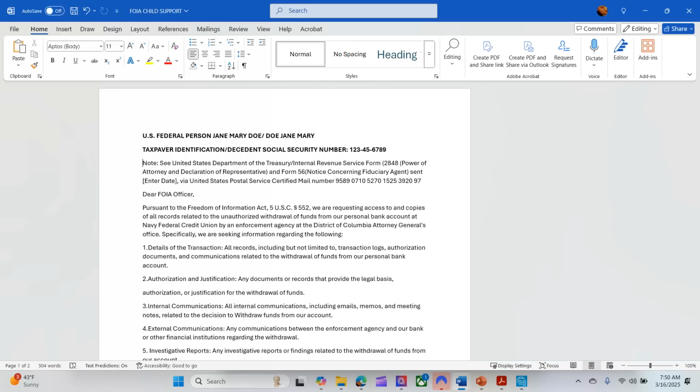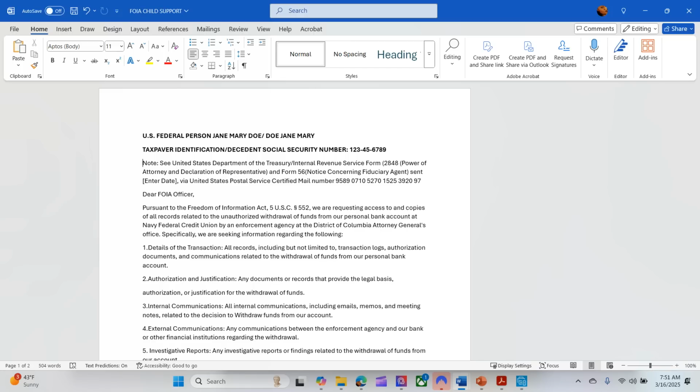There is a note. It says, see United States Department of Treasury, Internal Revenue Service, Form 2848, Power of Attorney and Declaration of Representative, and Form 56, Notice Concerning Fiduciary Relationship, sent on the date that you sent it, and United States Postal Certified Mail Number. That's just an example. And so it says, Dear FOIA Officer, pursuant to the Freedom of Information Act, 5 USC 552,